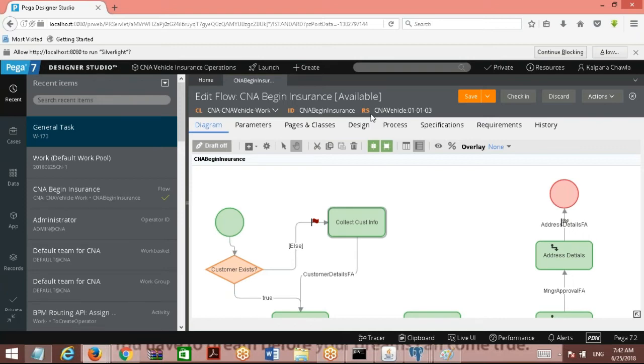If it is routed to work list, the table that gets inserted with the data of the assignment is PC assign work list. In case it is work basket, the table that gets inserted with the assignment details is PC assign work basket. In both of the tables, the column related to the assigned operator ID or assigned work basket is the same column, PX assigned operator ID, and the reference column related to the work object table, in both the Assign-Work-List and Assign-Work-Basket tables, is PX ref object key, the same reference column.